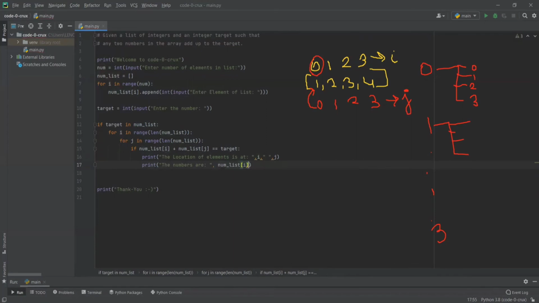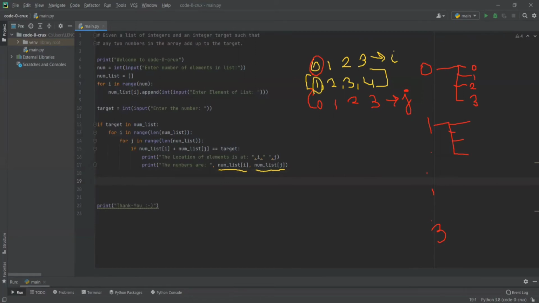And what he's writing on line number 17 is nothing but num list I and num list J. So these are the ways to fetch an element from a list. Let us say num list 0 would give us 1.